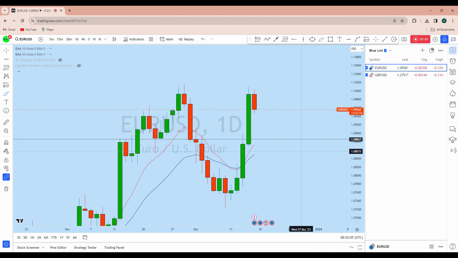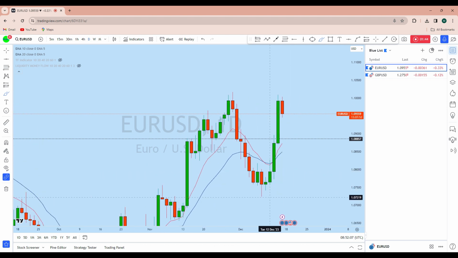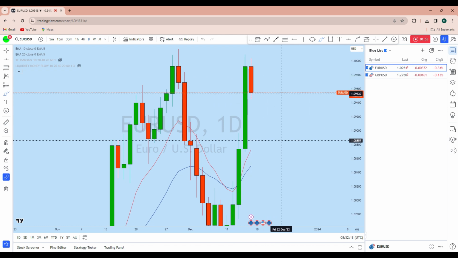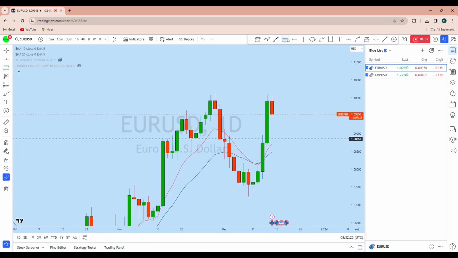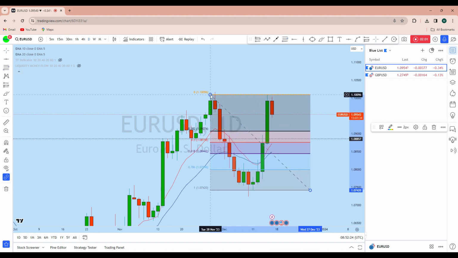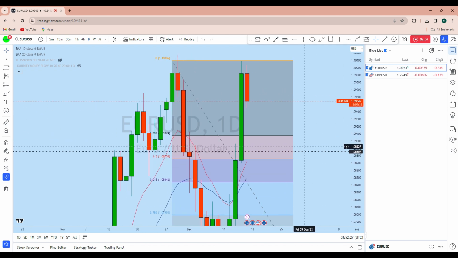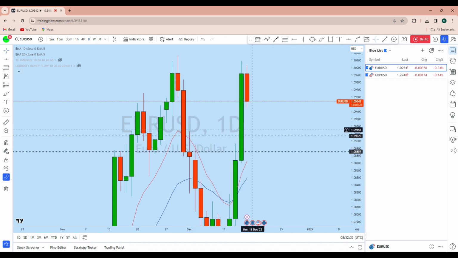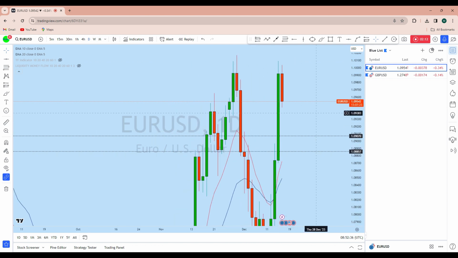Now if we look at the daily chart on EURUSD, we have seen that after multiple liquidity grabs, EURUSD has made a huge bullish momentum from the daily. Now we can expect the price to come down for a deeper pullback. If we take our Fibonacci for this potential Fibonacci retracement, we see that EURUSD is approaching the minimum Fibonacci level, 38.2%, and we can expect the price to come down to retest and before bouncing